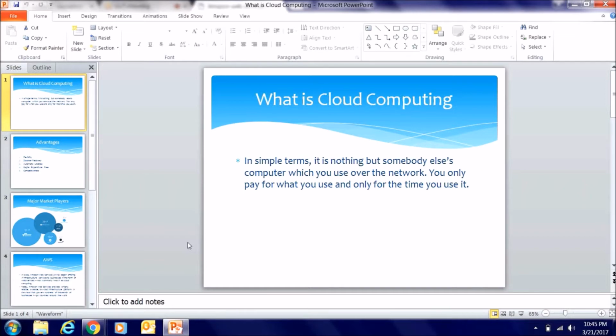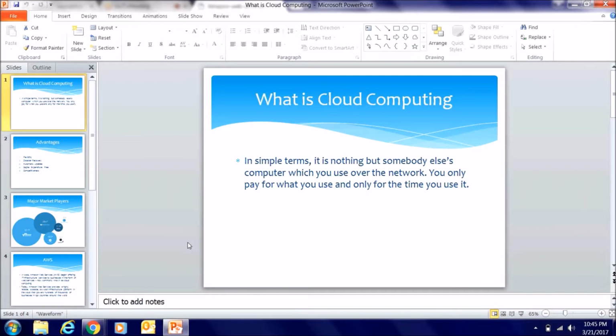So if you're familiar with cloud, or if you know how the pricing model works, you pay as you go. So you pay by hour or by month, and you pay for only what you use. You don't pay for the entire system. So that is the biggest deterrent when you're starting a company. 70% of the cost is the infrastructure cost.